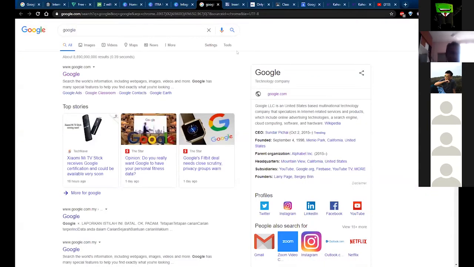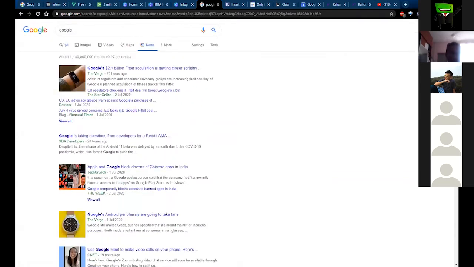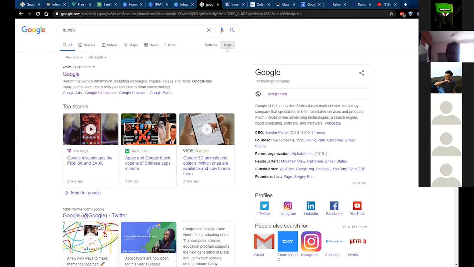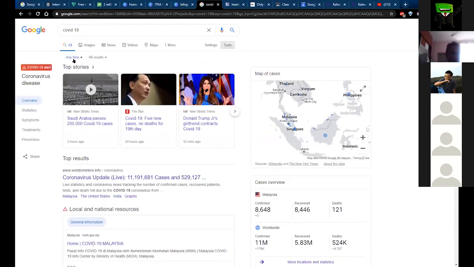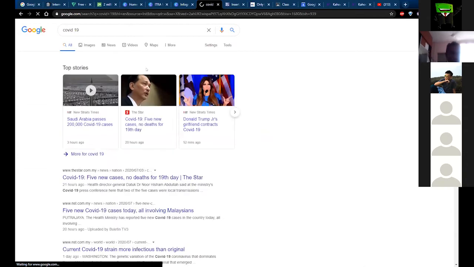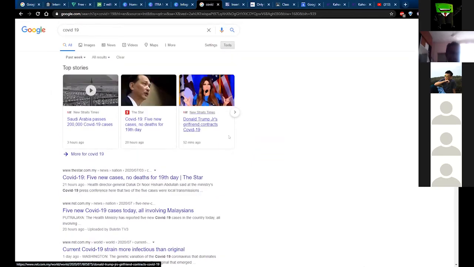And the final source would be Google, simply Google. Google has a lot of things to offer. They have images, videos, anything you can do. You can even search for news articles if you want. So Google is the essential basic tool that you can use. They also assist you in filtering your data if you want specific things, like if you want to search for COVID-19 news. You can go here, and if you click tools, you can filter according to time, and then you can see news from the past 21 hours, 20 hours, so the recent news. So you'll be more up to date, and you can use that better.